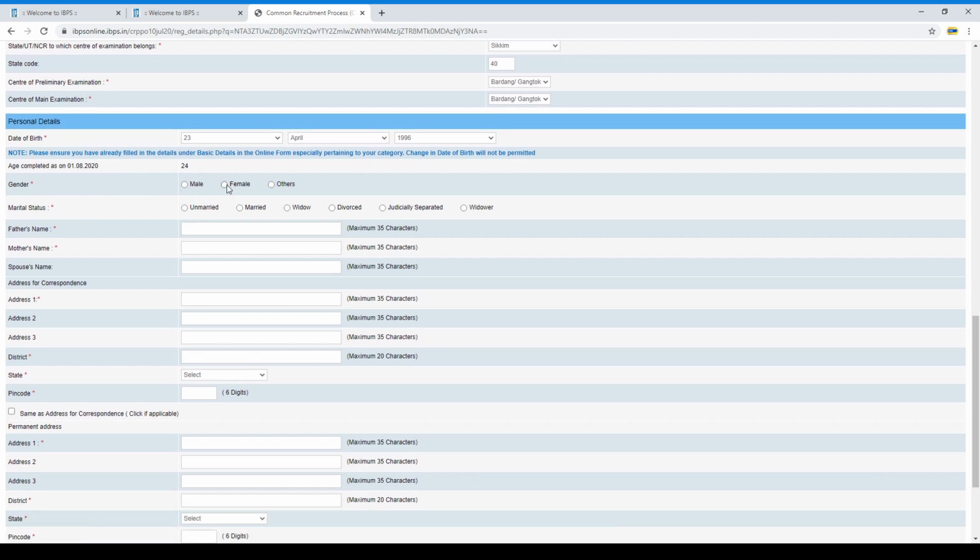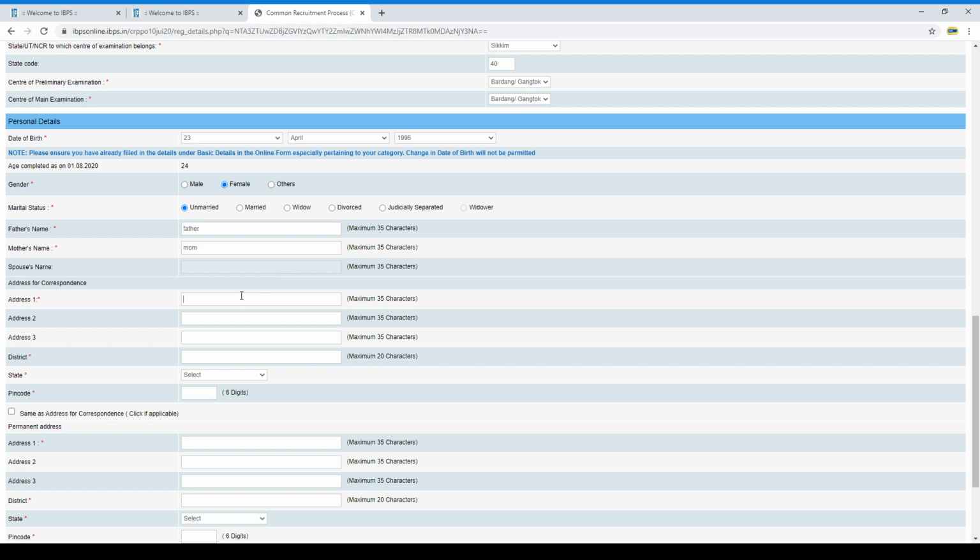So on next you want to give your gender. If you're male, click male, or else I'm female, I'm just clicking female, or else others. If you're married, you can choose married or widowed, divorced, anything else you can give. So on next it has father name, so give your father name, and just for your reference I'm typing as father. Then mother's name, and if you are married, you can write your husband's name. Yes, spouse name is husband's name.